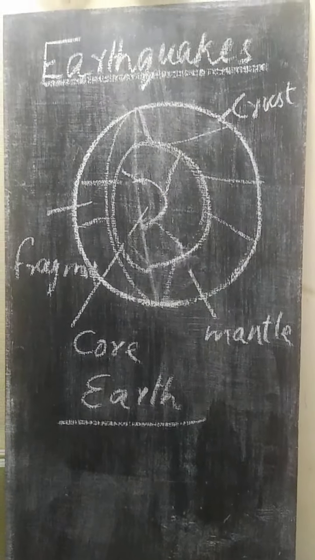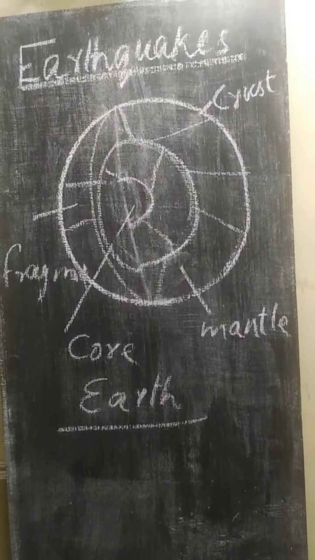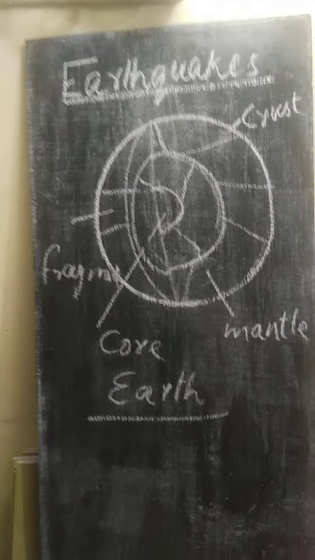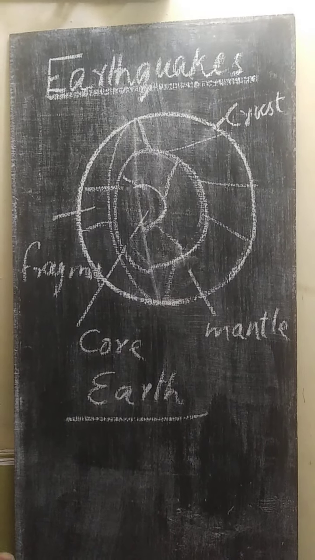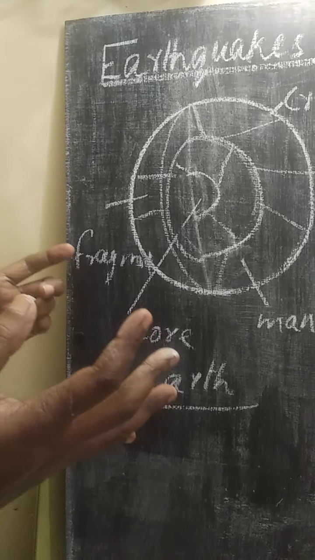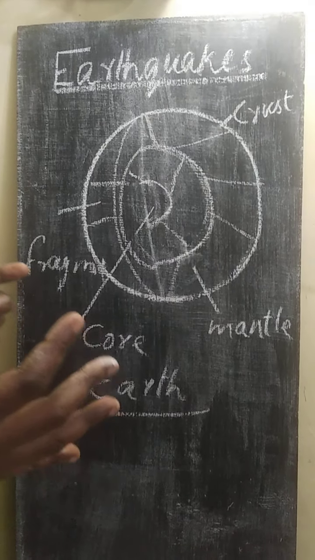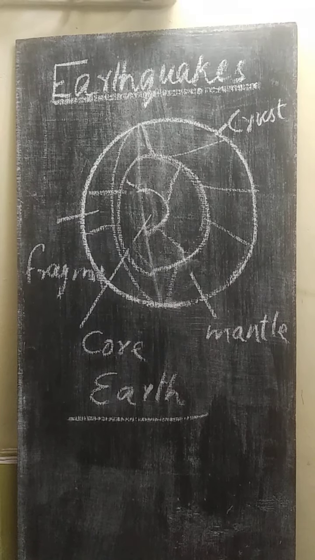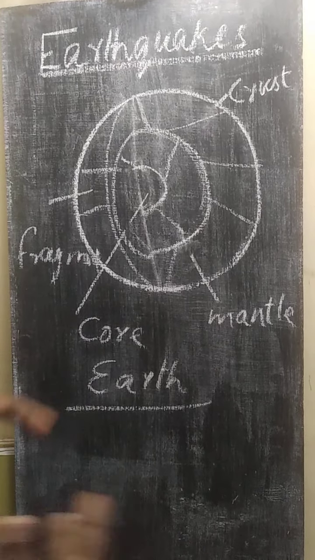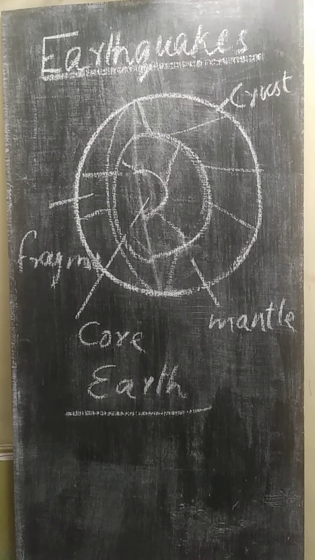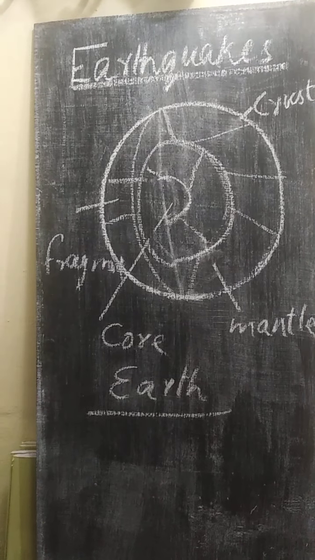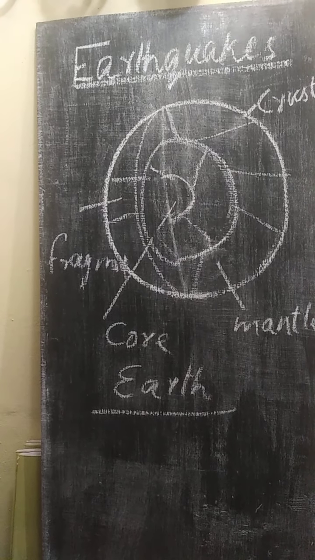The scientists use a special machine, a special device, to measure how strong an earthquake is or was. We cannot predict, and even the meteorological department cannot predict, the occurrence of an earthquake in advance. Clear? So they cannot predict when the next earthquake will occur. It happens suddenly, so they cannot predict it beforehand.